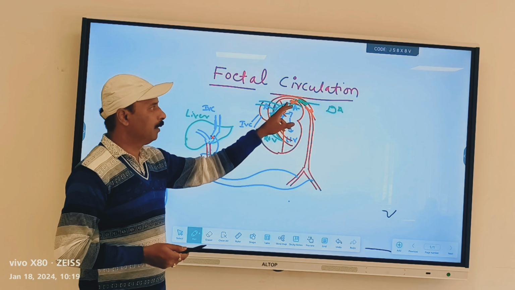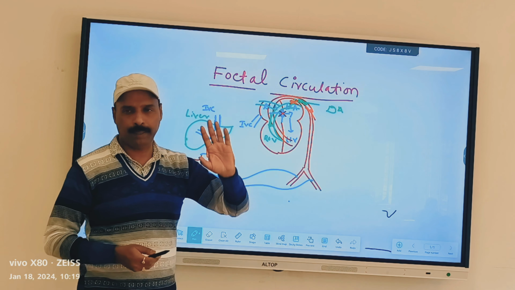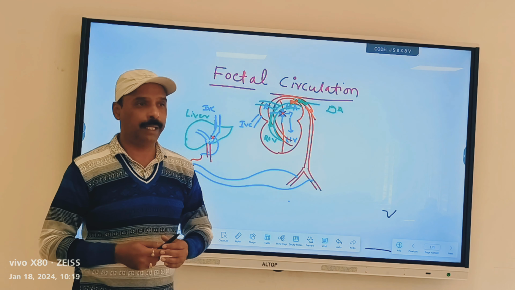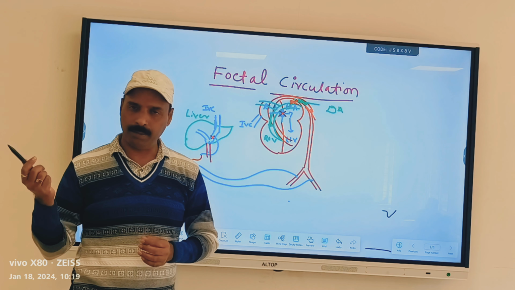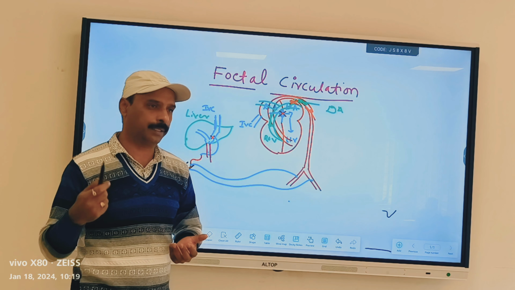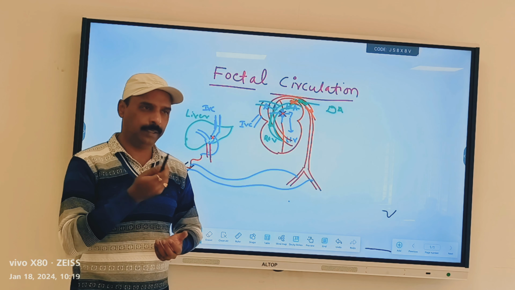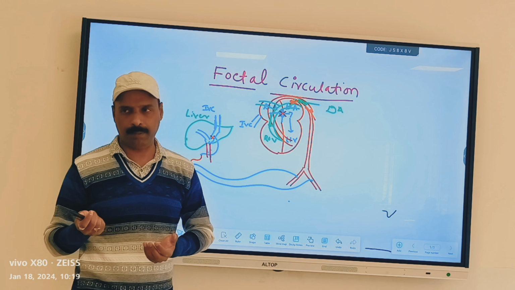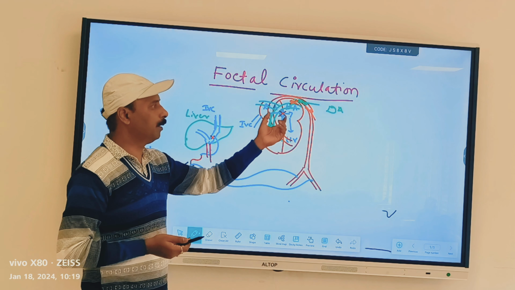In that case, for the ductus arteriosus, this channel may sometimes remain. Then we call it a patent ductus arteriosus. This patent ductus arteriosus we call abnormal after birth. Ductus arteriosus is normal in the fetus or fetal circulation. It is abnormal when it remains even after birth.